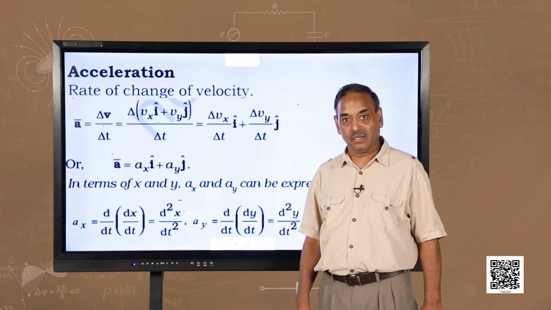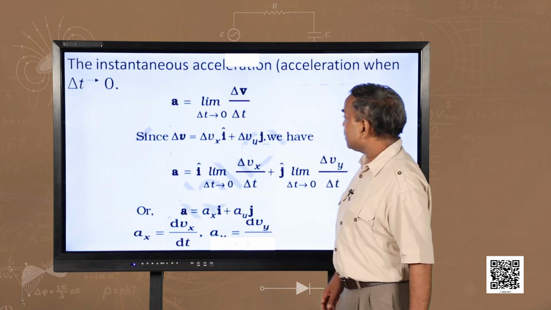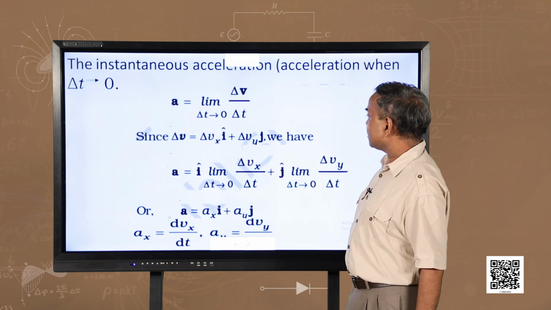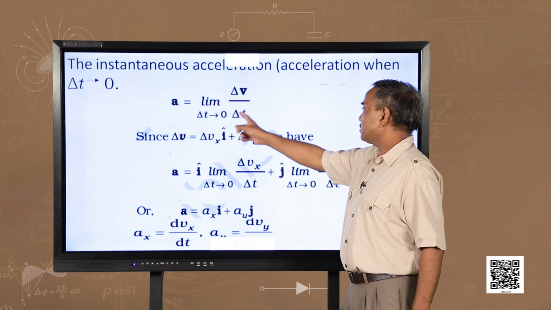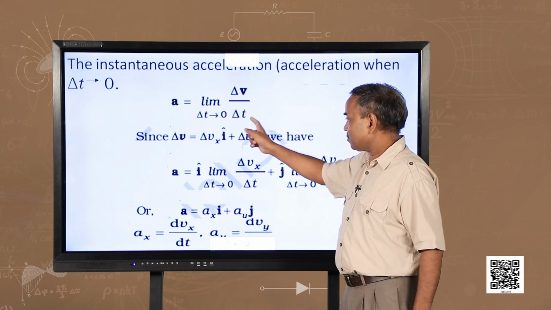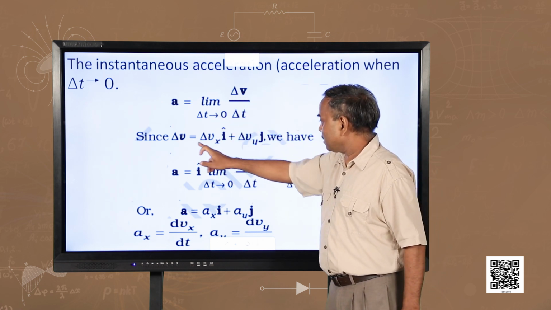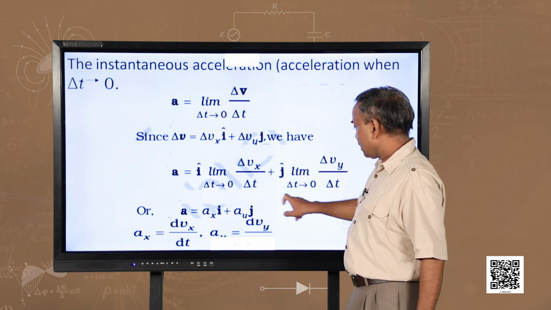He had to discover calculus beforehand. Now, let us see the instantaneous accelerations, instantaneous things. So, the acceleration is nothing but the limit delta t tends to 0 of delta v by delta t. I think there is no need to further explain this, we have explained several times. Now, since delta v can be written like this, if you write all these things, we can write